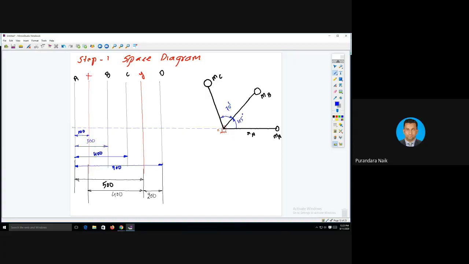This is 70 degree. It is not measured from the reference mass as in the previous problem, but here it is with respect to the previous mass. Next is MD. MD is 120 degree with C. You need to measure 120 degree from this mass. So 120 degree will be somewhere here. Yeah, this is MD, and the angle measured from C is 120 degree.